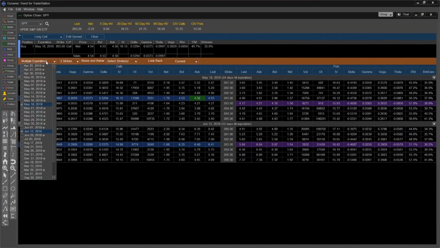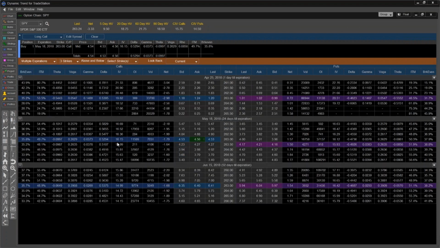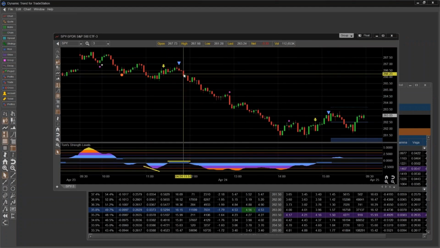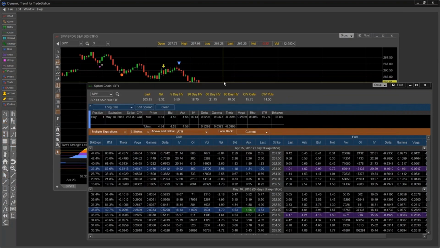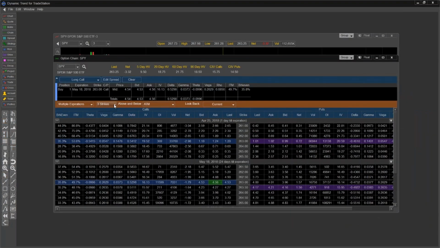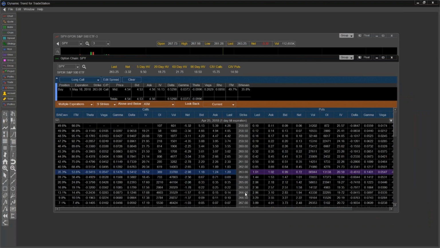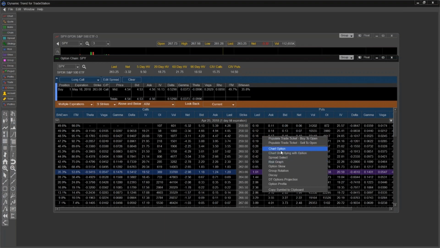So today is the 24th. I can select the 25th, the 27th. Let's do the 27th, or even the 25th. Why not? Let's take a look at it. The price that I would be wanting to sell is right about there, which is 266.30. So if I want to go right at the money, I can come in here and select, for example, the 266 put. I can right click on that and say chart the option,